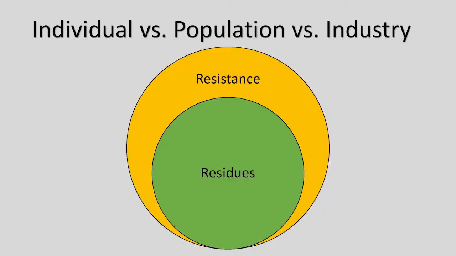So if you talk to a producer, they know exactly what you mean when you talk about withdrawal time, because the withdrawal time is the amount of time that needs to elapse between the last time that animal was exposed to an antimicrobial and the time it is slaughtered for consumption by humans. And that's a chemical issue, it's a very predictable issue, and it's what we in agriculture have been taught to think about as risk management when we talk about antimicrobials.